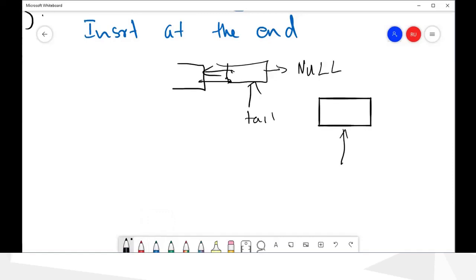This will be temp, so we will store it at temp, and this will be null, and this will be null, and we have the key.